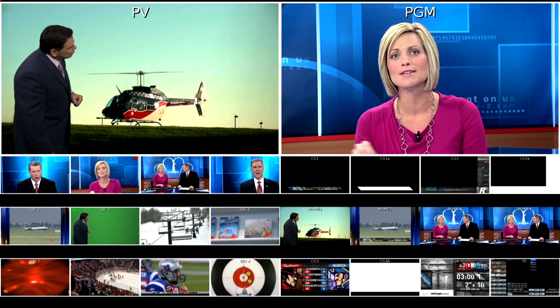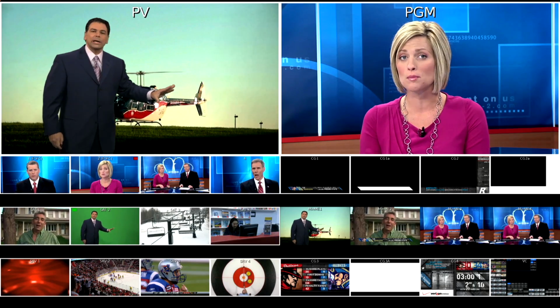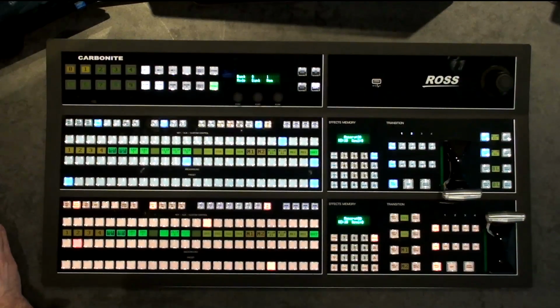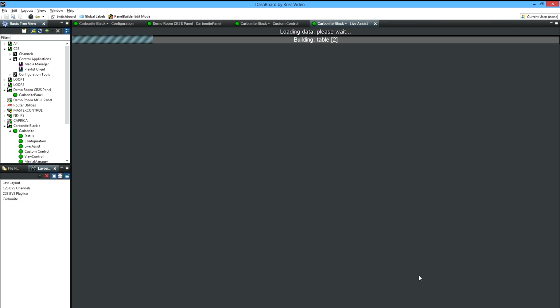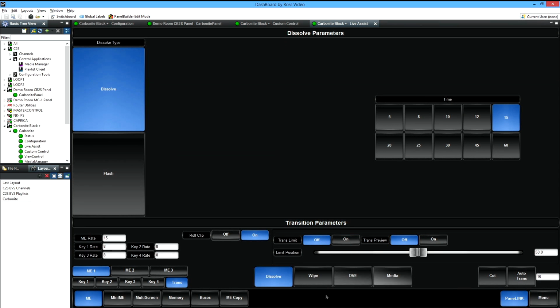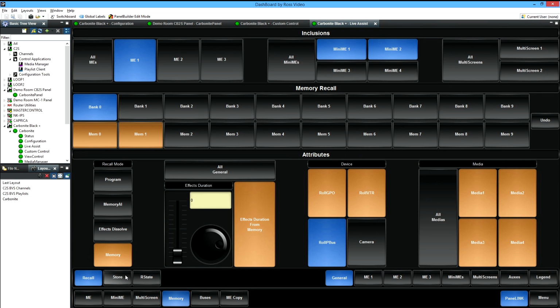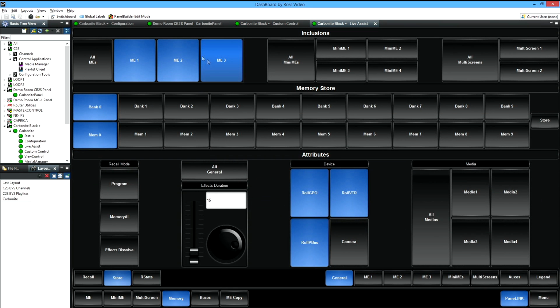As part of that same memory, again, covering it more under the attributes section, we could have stored it so that it would have recalled our weather map because it was in the media store. Normally, we'd be going to a weather computer. But in general, our media stores are always going to recall. So when we go to the store side, we'll go to mini ME1, where we did the background, and we'll go back to that radar image.